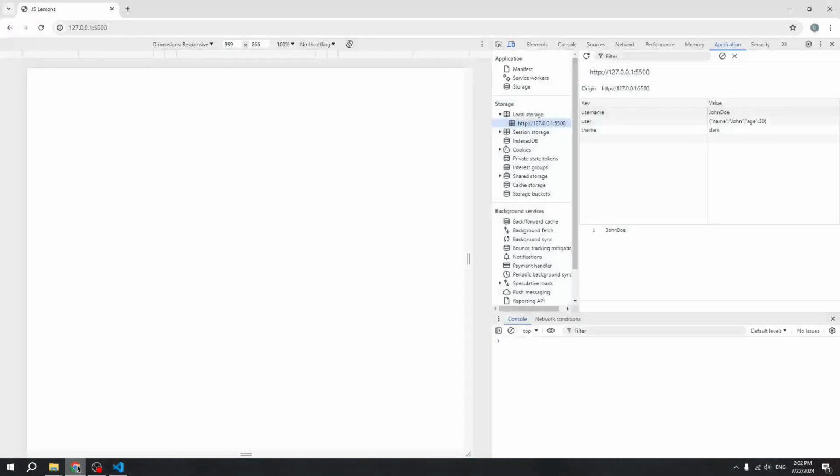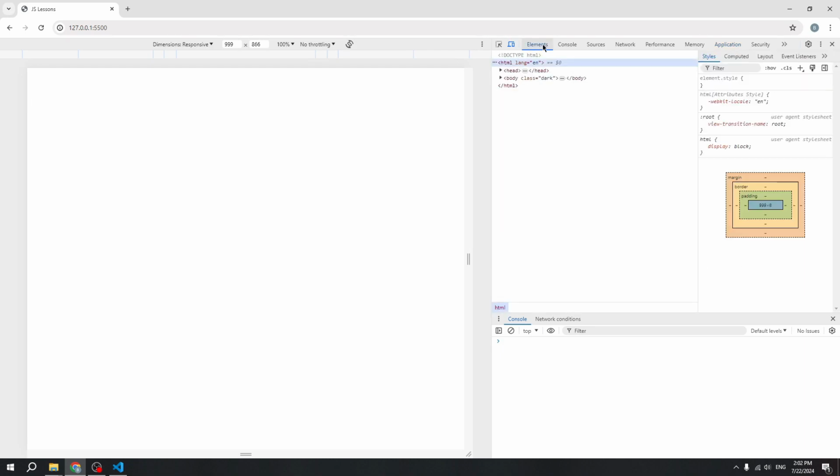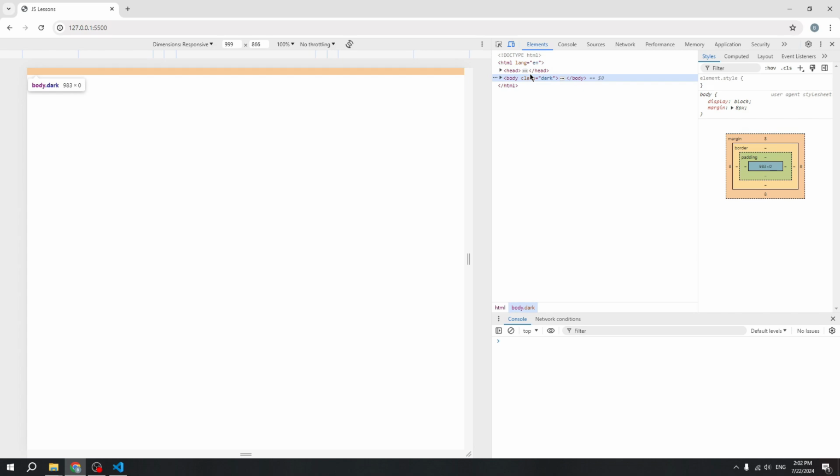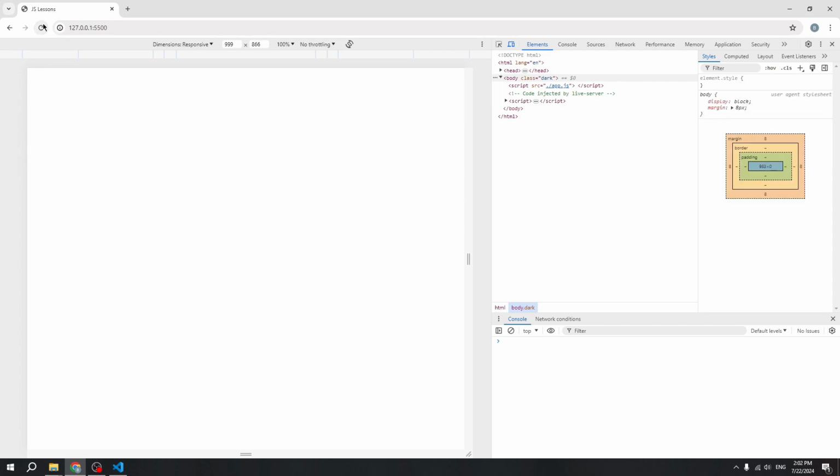Let's open the window, and as you see, here's our theme. And also we got a new class for our body. Let's try to reload this page, and as you see, every time I reload our page, our theme stays